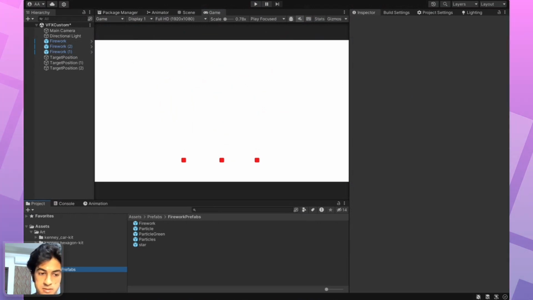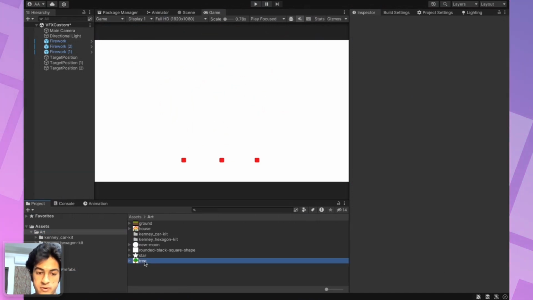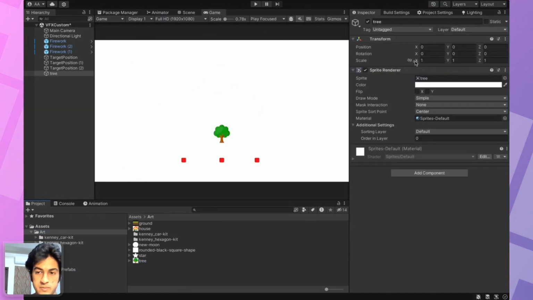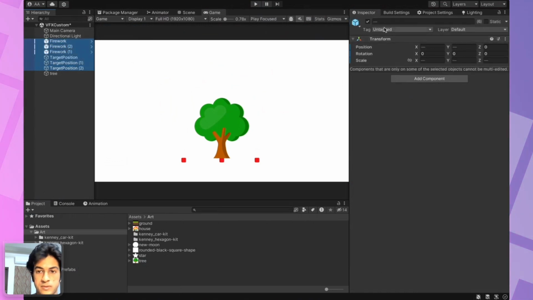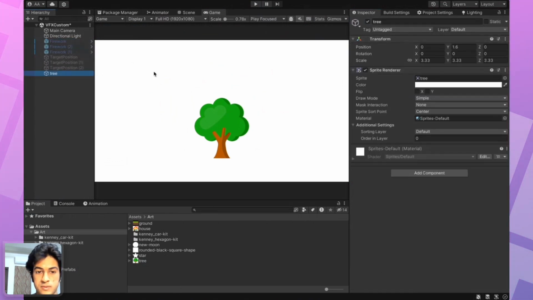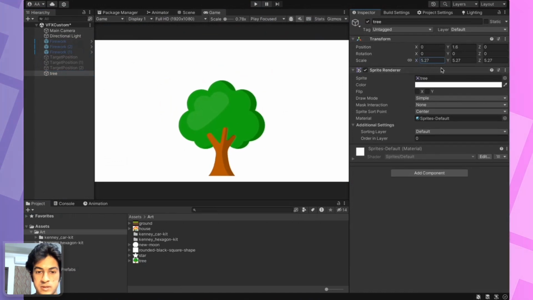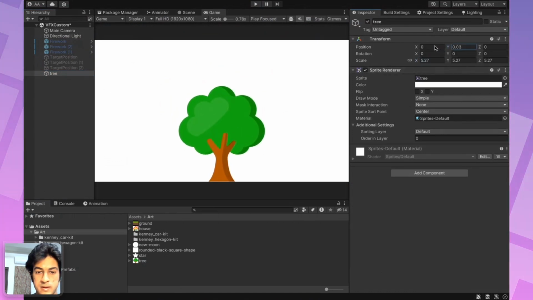So let's take a sprite, for example, a sprite of a tree. We have a basic tree. We don't need fireworks anymore. We can disable them for now. So what we have here is a basic tree, but I want to convert it into a very pixelated tree. You can take off individual pixels from the tree, make it more effective and make it more lively.